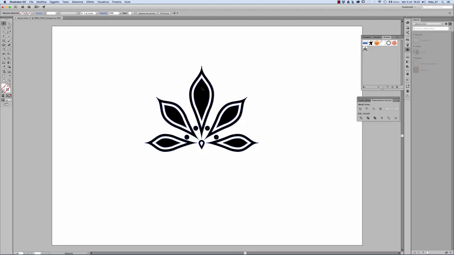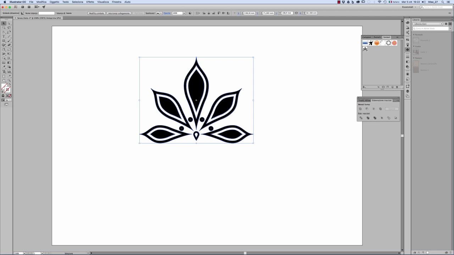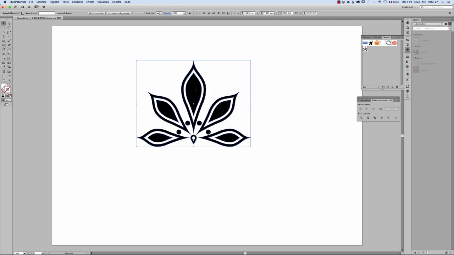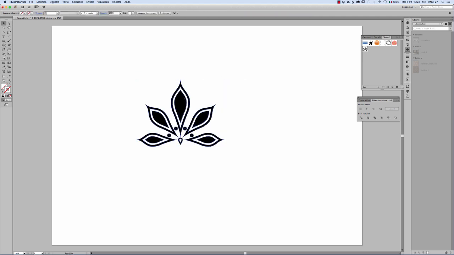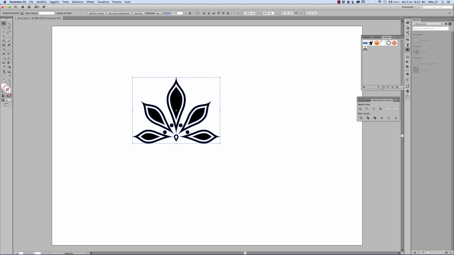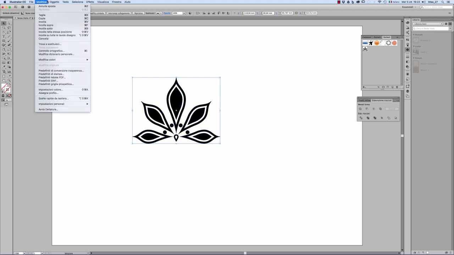In this movie, I want to finally start playing with the object I've created. This is the symbol done before. I want to show you how easily you can create a pattern in Illustrator. So now I have this object over here on my screen, and then I can go to